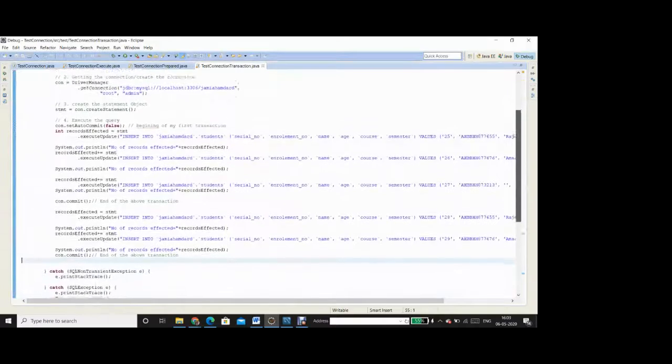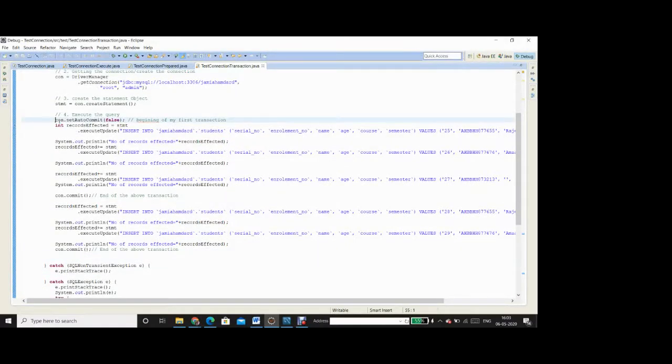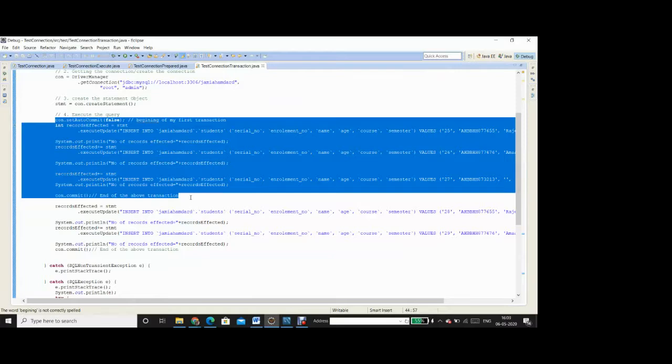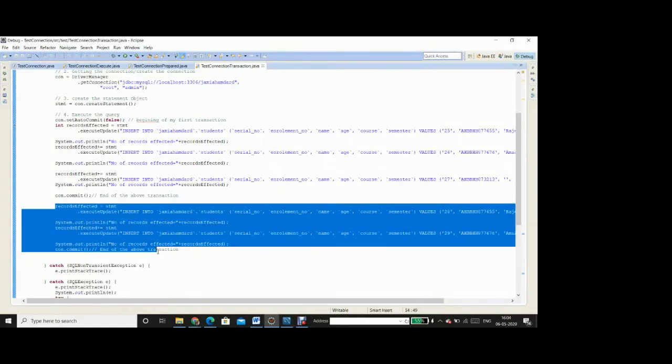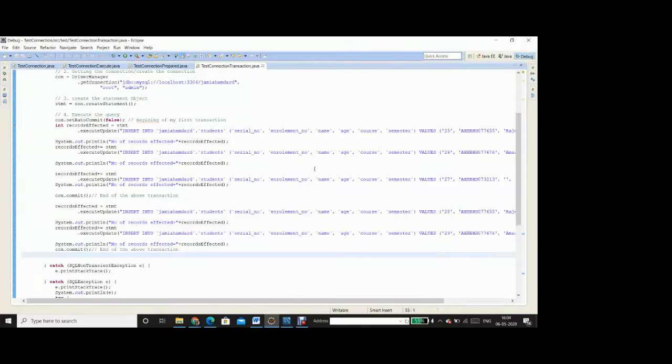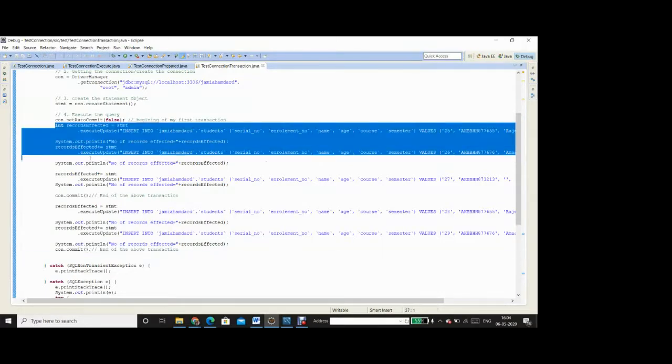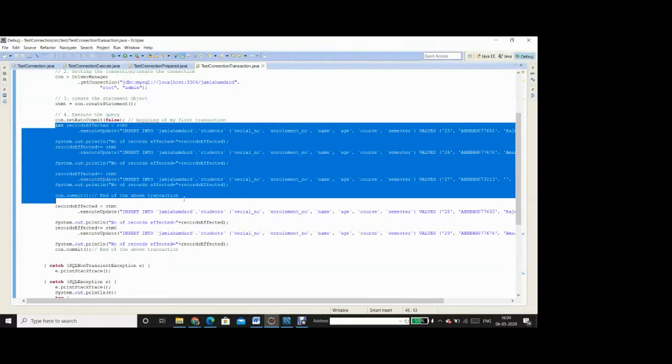Okay, so beginning from here to here, this is one transaction which contains three insert statements, and then beginning from here to here, another transaction that contains two insert statements. Fine. Now let me allow the first transaction to be successful for my demonstration purpose. So the values of the serial numbers 25, 26, and 27 are in order as required.